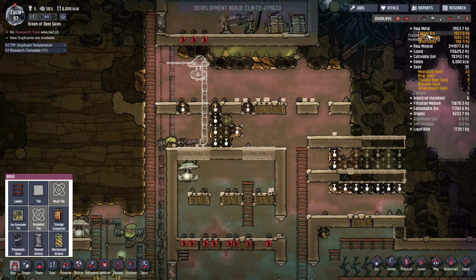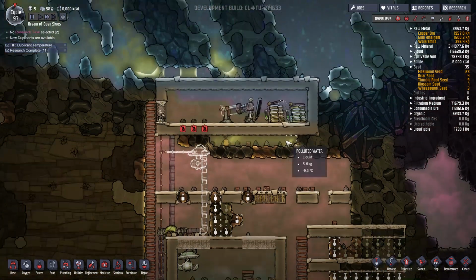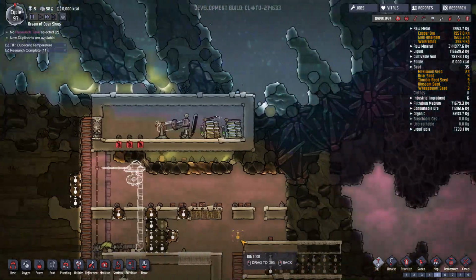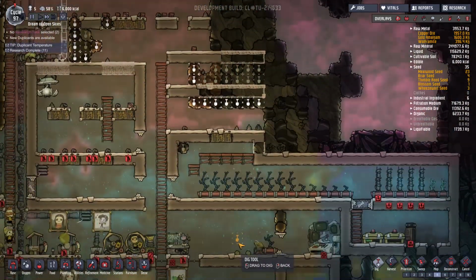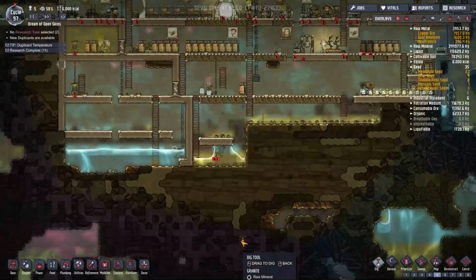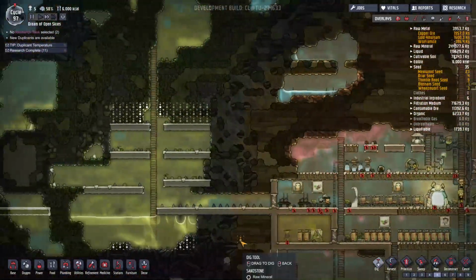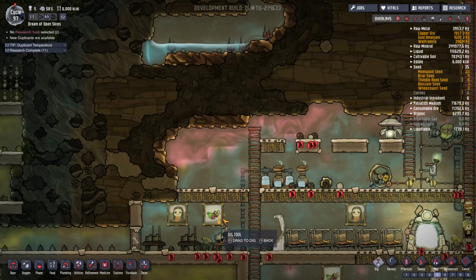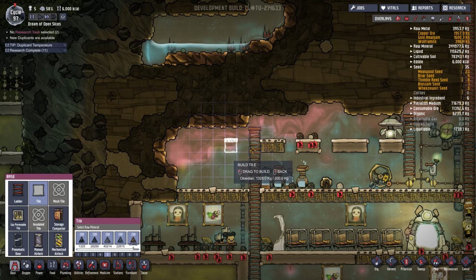Ugh. Copper. So, how about we just dig you out and... Yeah, I'm going to have a problem with ores. What's that? That's dirt, cultivable soil. Okay, that's fine. How about we do this? We'll just put... what is that? 1, 2, 3. We'll just do this. We'll go...